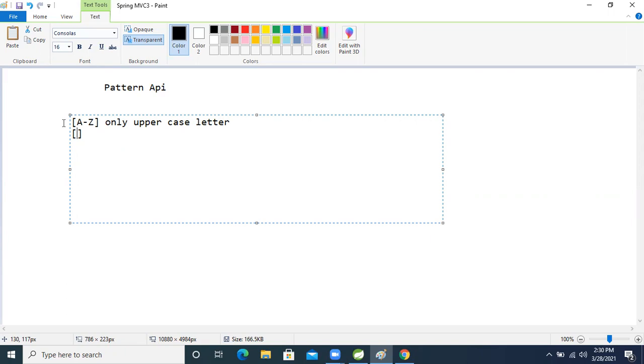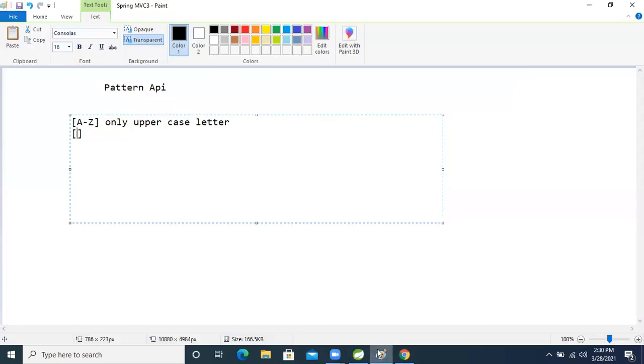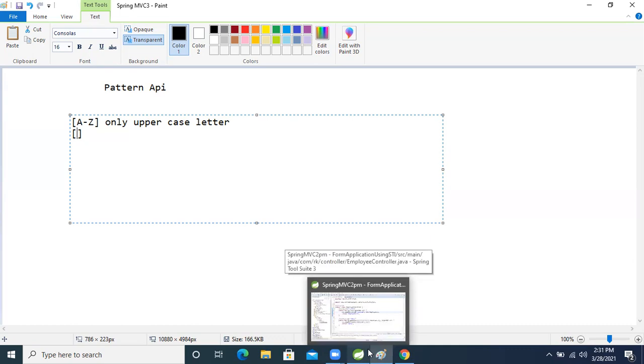When we do the practical, at that time too much clarity will come, friend. This concept you will learn in core Java, but no one will explain it like this, because I'm going to explain these things as reality, how we implement them in the project. Whenever I use form validation, I'm going to use this. First I will explain in core Java, and then implement those things in Spring Boot. Then you people will catch it easily. This is my intention.